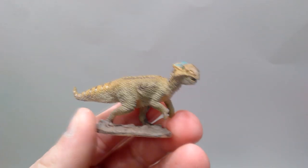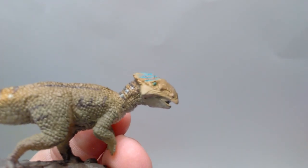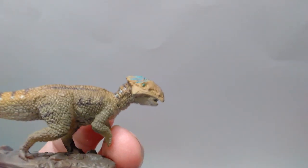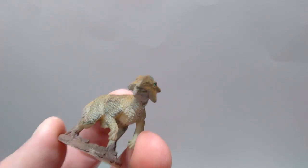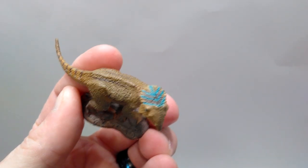And then to the first of these three that actually has a base, we've got the Liaoceratops. And starting up here at the head sculpt, this is one of the few dinosaurs that you get that actually have an open mouth, which a lot of these minifigures seem to have closed mouths because it's honestly going to be pretty hard to really sculpt out the inside of the mouth of these figures, but it looks super cool on this one. You can see a very striking pattern as far as the paint that is applied to the